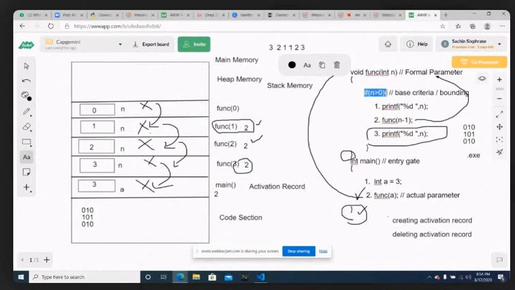If this condition is not provided, this recursion will keep on happening. There is no point of stopping it, so it will happen infinitely. When the recursion is getting called infinitely, activation records will keep on being created in the stack. At some point of time, we will go out of memory, because if we have completely used the stack memory, there is no more memory to create an activation record.